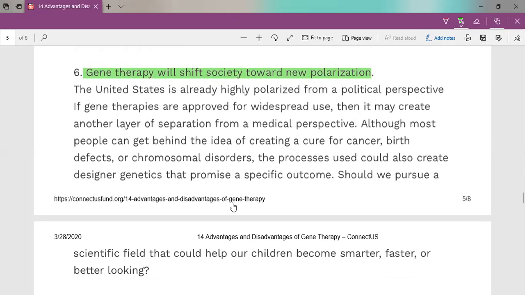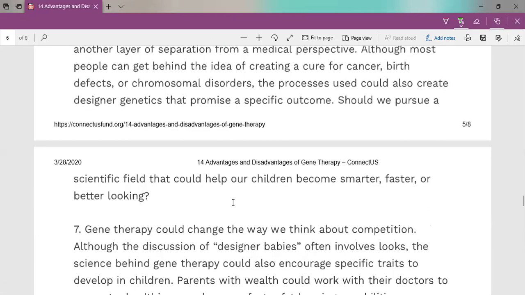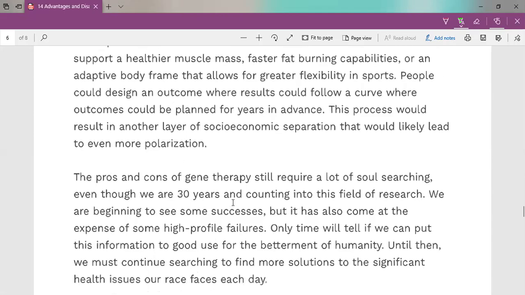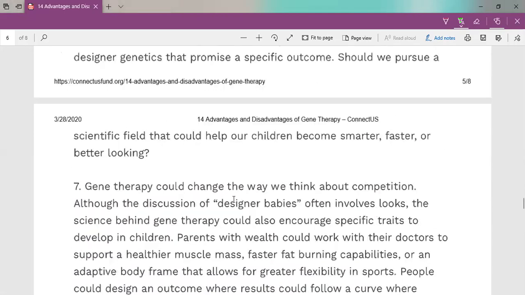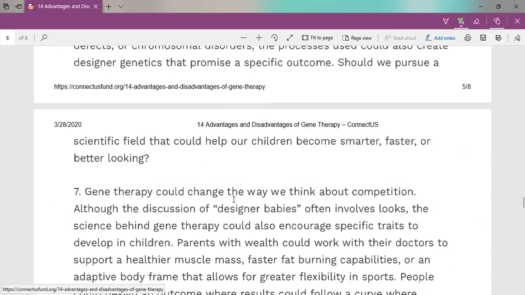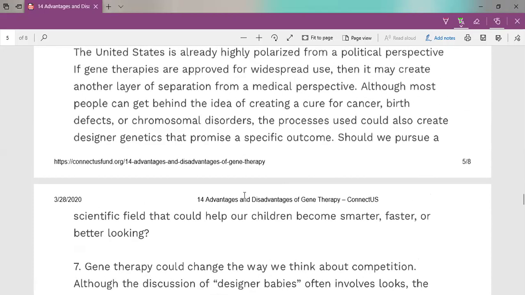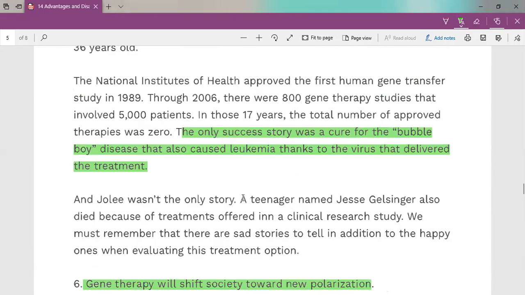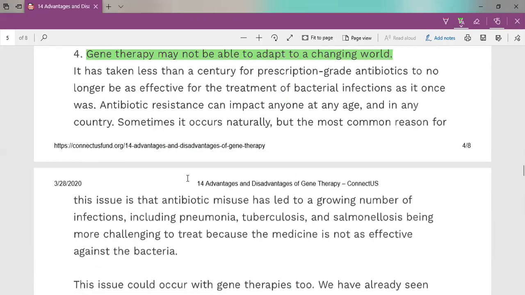And the other two cons are less about change, more about polarization, how we think about competition and all of that. But this whole thing, as I said, is just to get these thoughts into your head for you to, at this point, be able to have a balanced discussion.